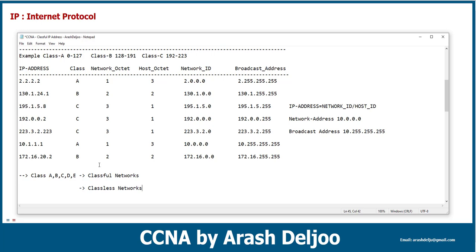But for now, let me say that classful networks are the networks that are using the rules of the classes. Classless networks means in these networks we don't need the rules of the classes, and also we don't use the rules of the class of IP addressing. Let me talk about this. Don't worry, this is only the first time that I'm going to use the terms classless and classful. You will learn about this. But before starting the conversation about the classless